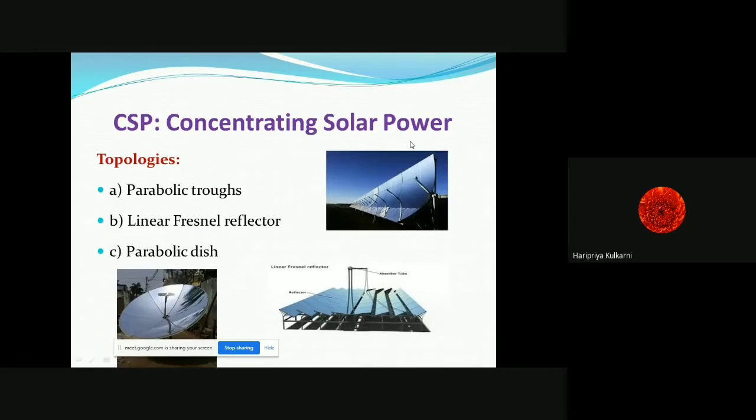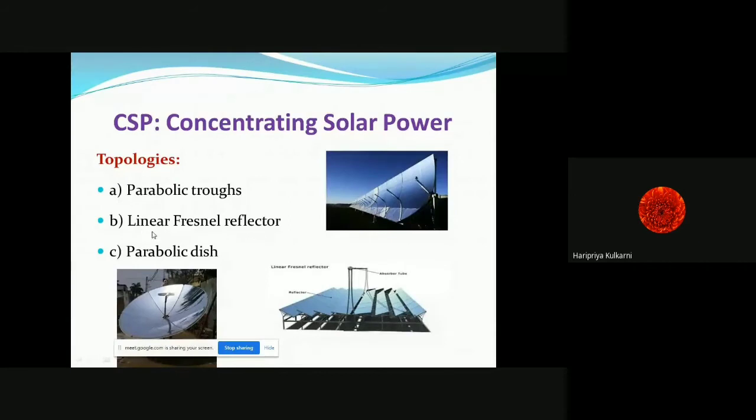Now the last part, which is concentrating solar power, it is also called the CSP technology. So in the initial lectures, we have seen that there are two types. One is a collector and the other is concentrator. So concentrator mainly makes use of a mirror in which the solar radiations are reflected and concentrated at a single point or in a line. So you can observe here there are three basic topologies. Parabolic trough. So the shape of the mirror is like a parabola, and sun radiations falling on this mirror like a parabola are focused at the center.